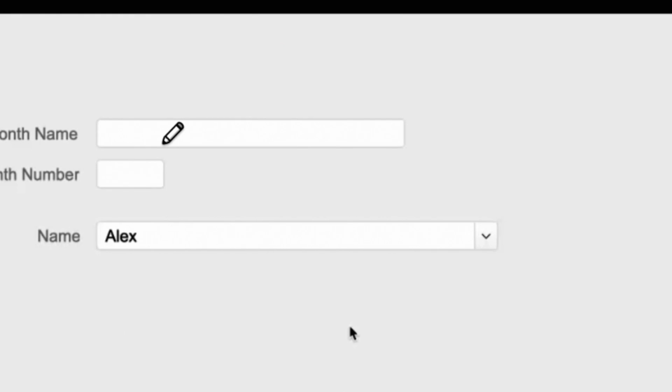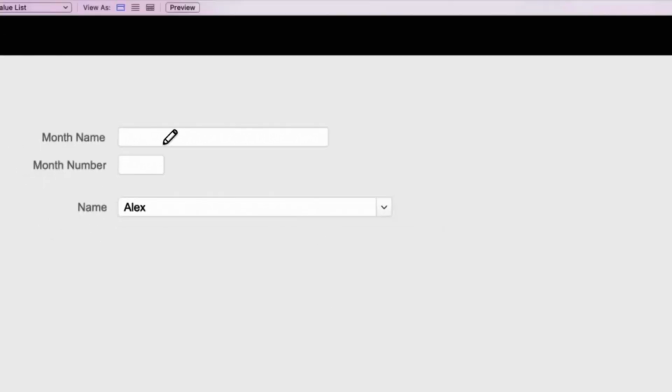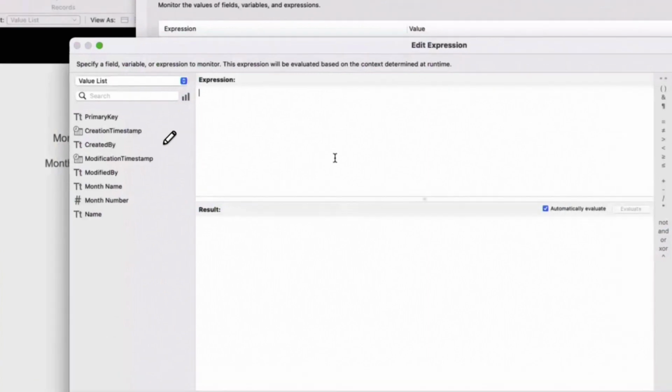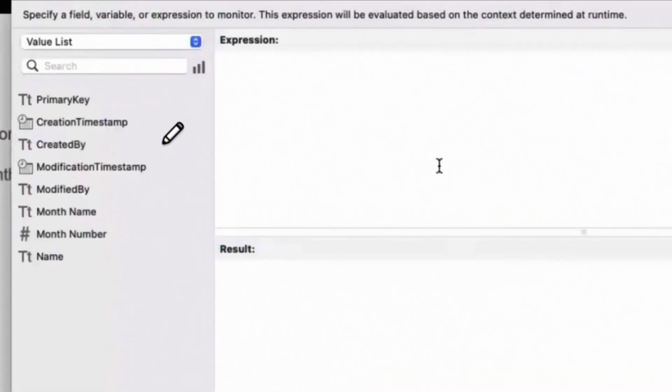So how do we do that? Let's say I want to know the name of the third month of the year. How am I doing this?